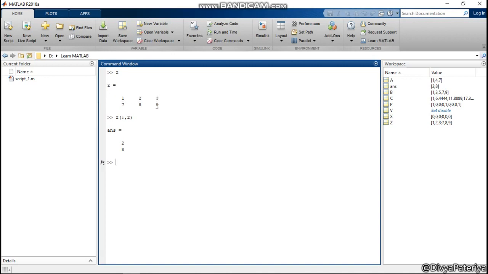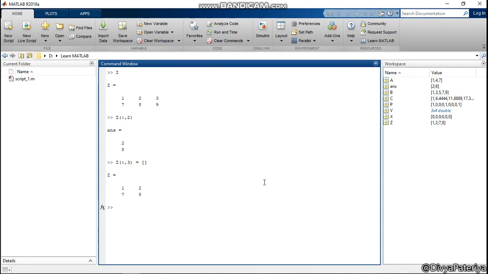I will write Z, brackets, all the rows and third column, and I will provide a null matrix to Z. Then we see we only have a 2 by 2 matrix, as the third column has been removed because we provided the null matrix to the variable Z.